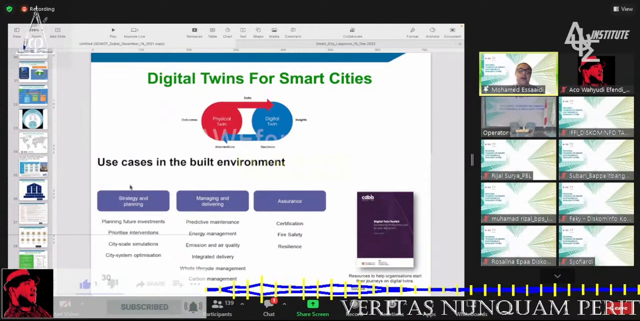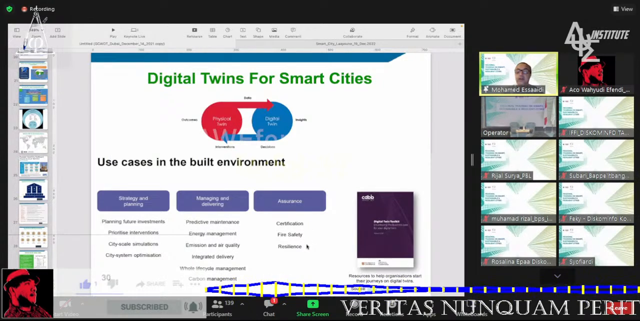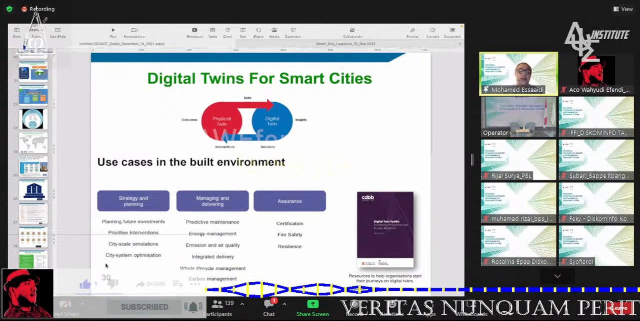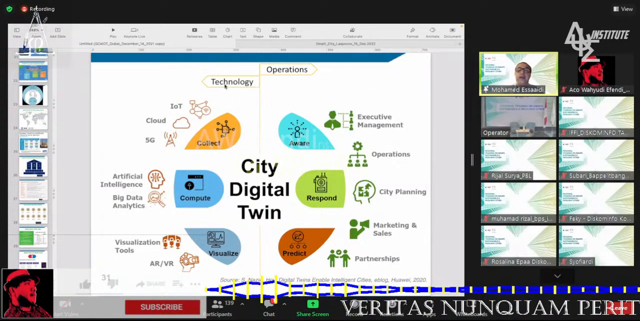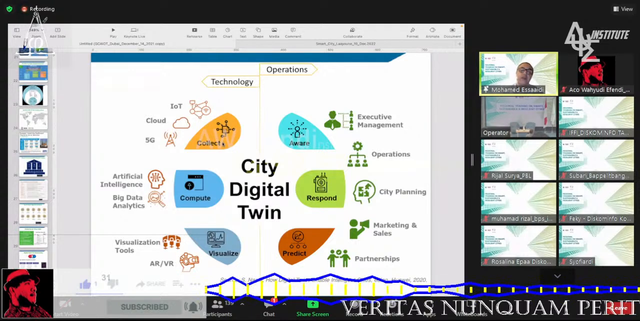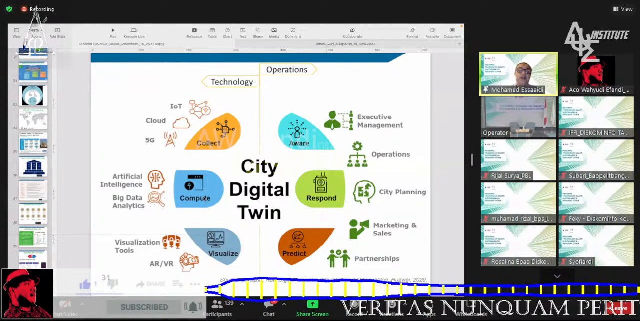And in terms of use cases, in the built environment you have different uses, such as managing and delivering assurance, certification for fire safety and resilience, which is, I think, our case here. Also, predictive maintenance could be included. The technologies involved in digital twins are indicated here: IoT, cloud, and 5G, which are platform technologies used to collect data. We have also artificial intelligence analytics,